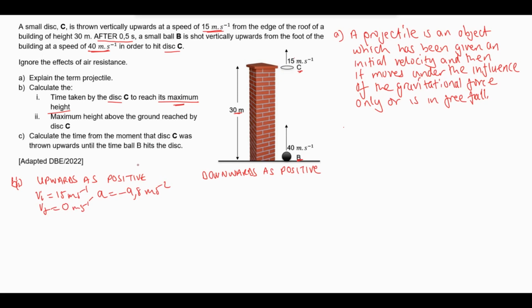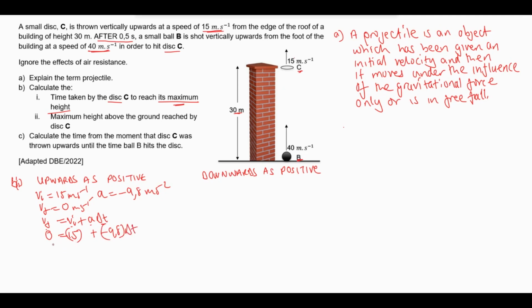There are many options, remember that. I'll just stick to one. Right, so we look at our equations of motion. Which one should we choose? We should choose Vf is equal to Vi plus a delta t, because we have the final velocity, we have the initial velocity, we have acceleration, we can easily find time. So let's substitute. 0 is equal to 15 meters per second plus negative 9.8 delta t,